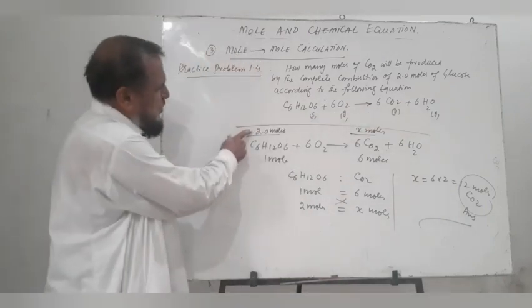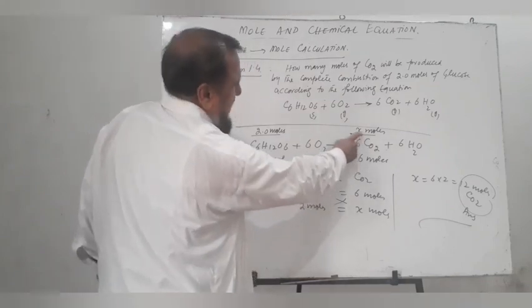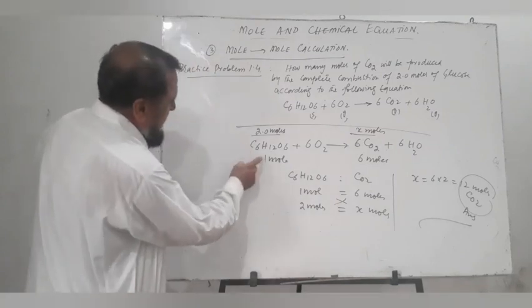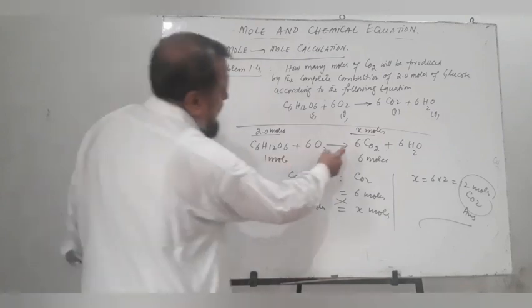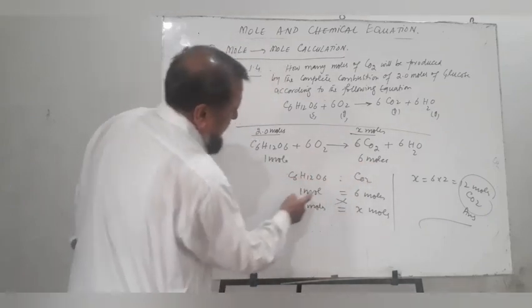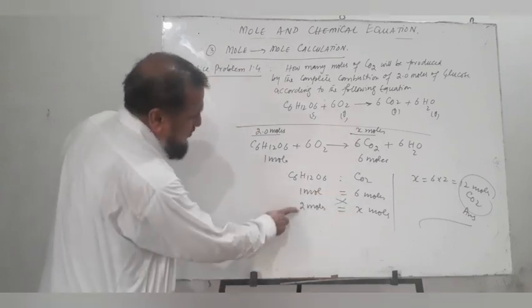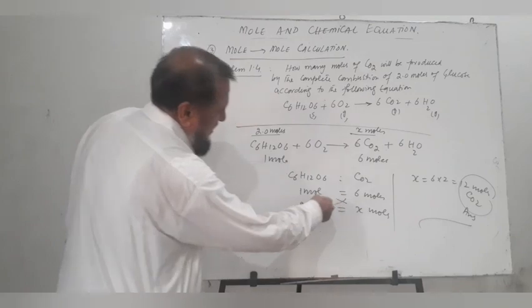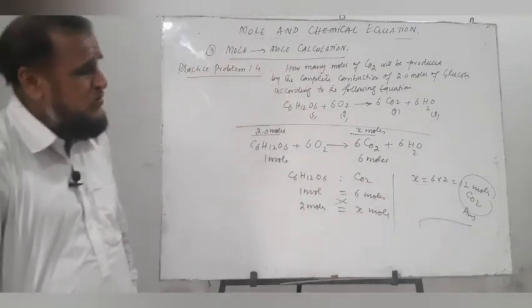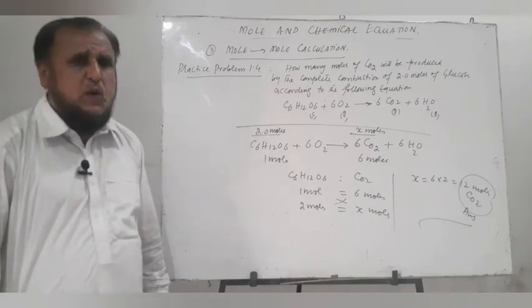The moles of glucose which are provided are 2 moles and we are asked to calculate the moles of carbon dioxide. We write x moles, x is the unknown quantity. The stoichiometric ratio is that 1 mole of glucose produces 6 moles of CO2. We write down the ratio between glucose and CO2. 1 mole of glucose produces 6 moles of carbon dioxide, then 2 moles will produce x moles. Cross multiply, we get x is equal to 2 into 6 is equal to 12 moles of CO2. Thus this type of calculation is very simple and it involves only one step.